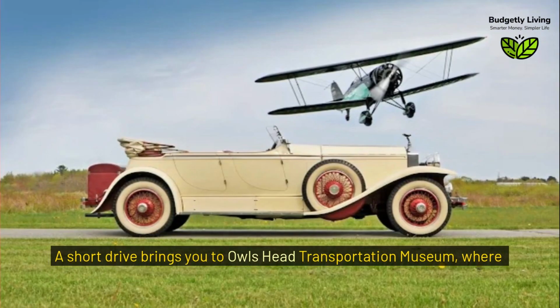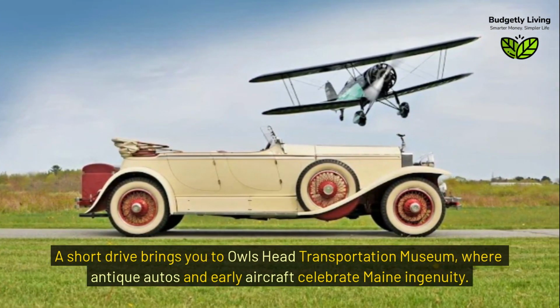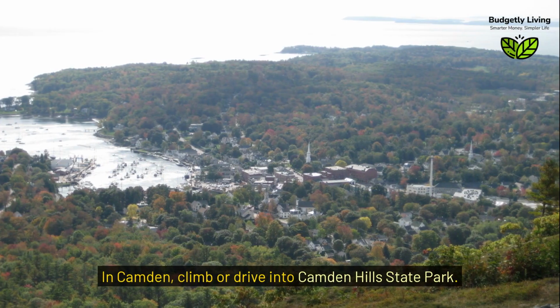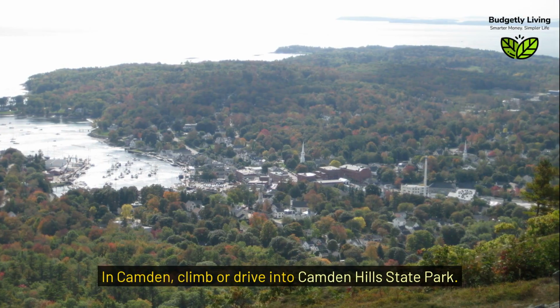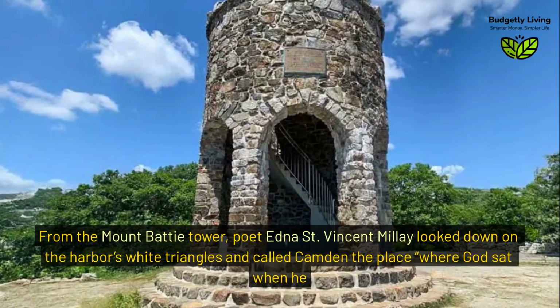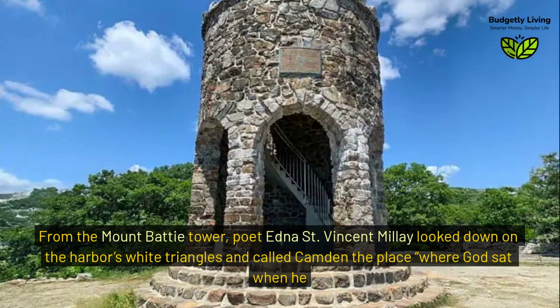A short drive brings you to Owl's Head Transportation Museum, where antique autos and early aircraft celebrate Maine ingenuity. In Camden, climb or drive into Camden Hills State Park. From the Mount Battie Tower, poet Edna St. Vincent Millay looked down on the harbor's white triangles and called Camden the place where God sat when he made